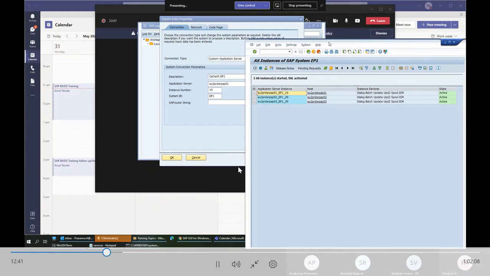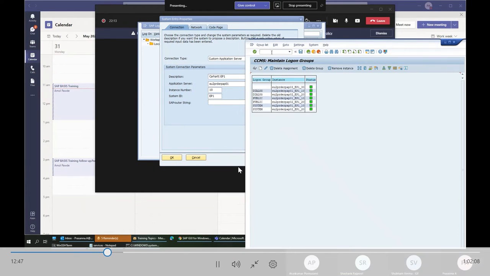Okay. So what we do is we define something called a logon group here. I can name it anything. And on this logon group, I will assign systems: what are these servers I can use for this logon group? For example, if I take a dialog logon group, I have assigned app01 and app02 to this logon group.